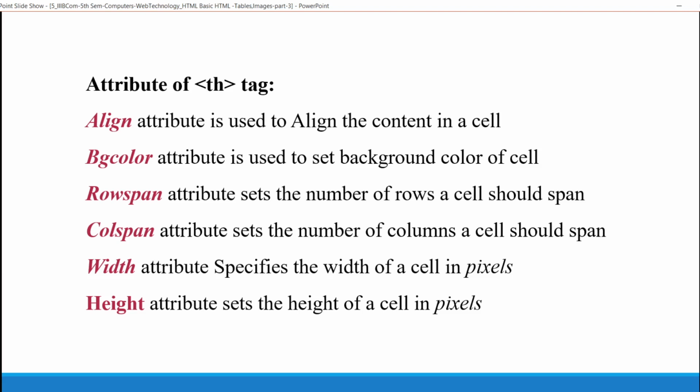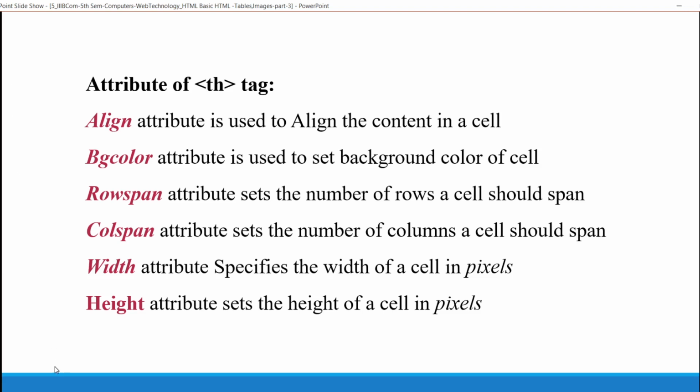If I want to divide a cell into a number of columns, then I use colspan. If I want to divide into rows, then I use rowspan. A single cell that spans a number of rows, then we use rowspan. Similarly, a cell spanning a number of columns, then I use colspan.